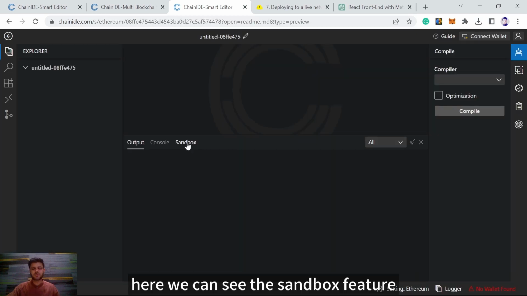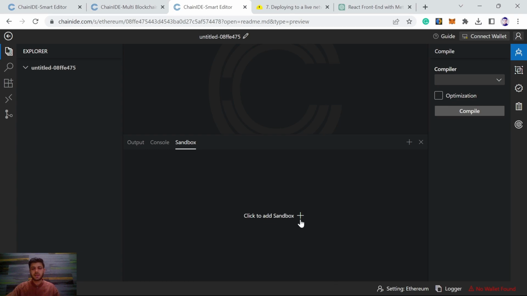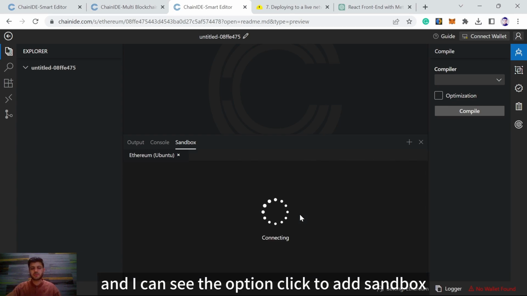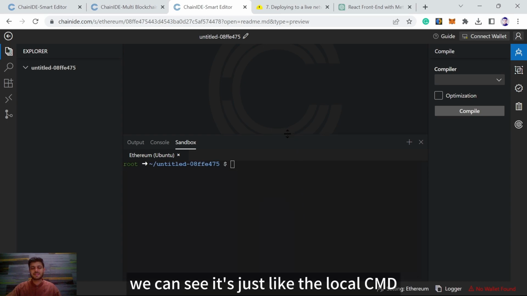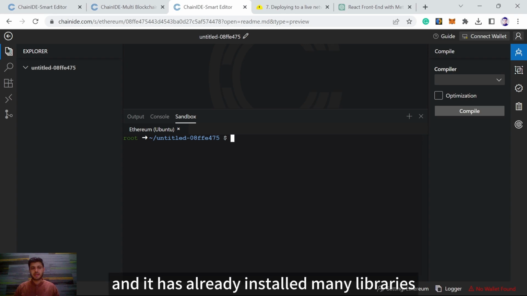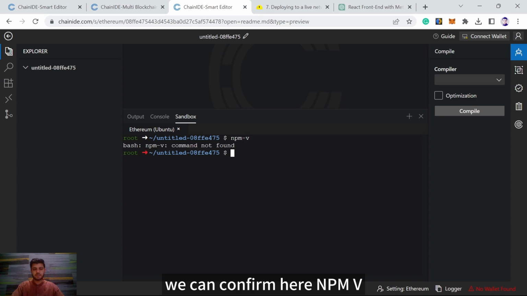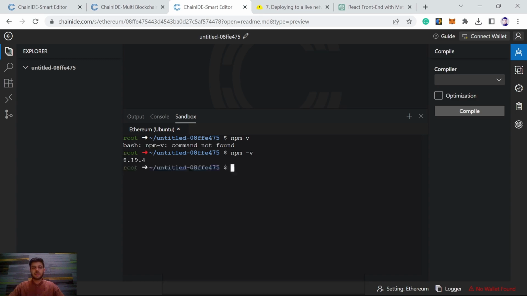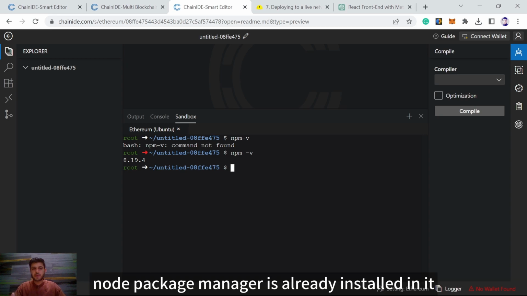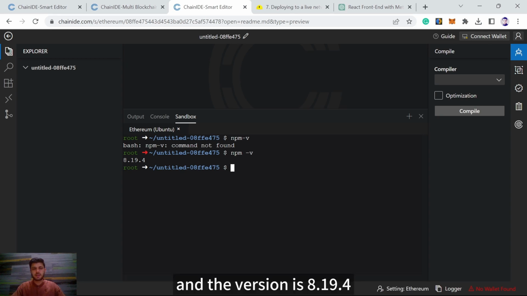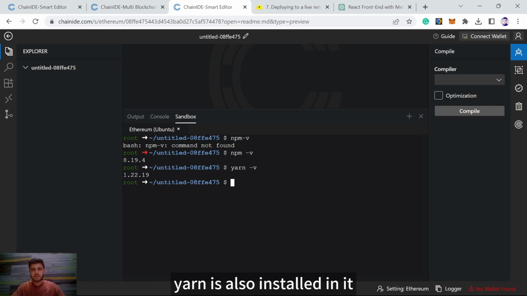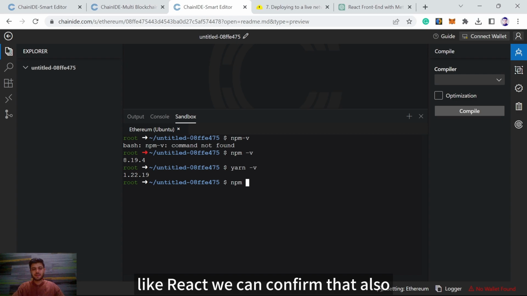Here we can see the sandbox feature, and if I click here I can see the option, click to add sandbox. We can see it's just like the local CMD and it has already installed many libraries. We can confirm here npm -v, and here we can see the package Node Package Manager is already installed in it, and the version is 8.19.4, and we can confirm Yarn also. Yarn is also installed in it, and some others also, like React, we can confirm that also, npm